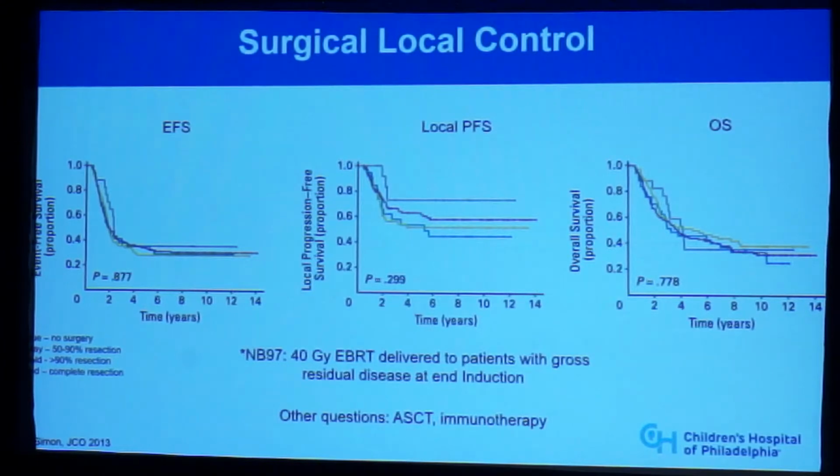I didn't want to skip over surgical local control, even though it's a little bit jumping back in time. I sort of led you to think I was about to talk about consolidation, but I do want to pay attention to the surgical issues because they're important, and undoubtedly there are surgeons in this audience. There have been a number of different studies looking at surgical local control in patients with high-risk disease, and there are always questions about how aggressive should a surgeon be, and does the maximally aggressive therapy on the primary tumor impact outcome? And the answer is approximately as clear as mud.